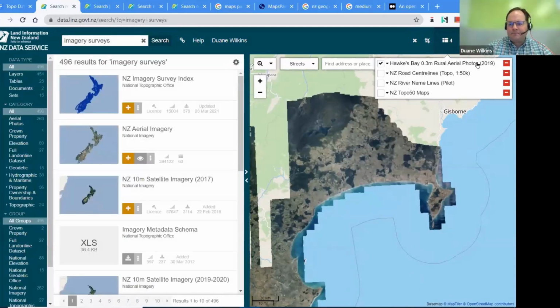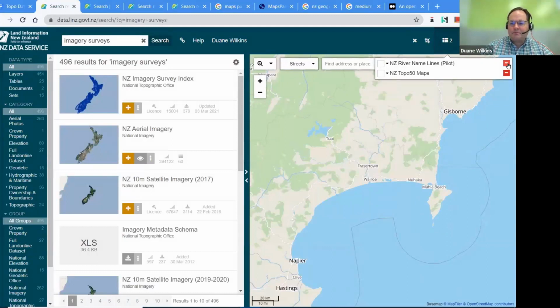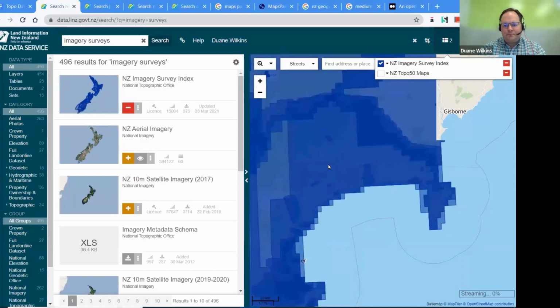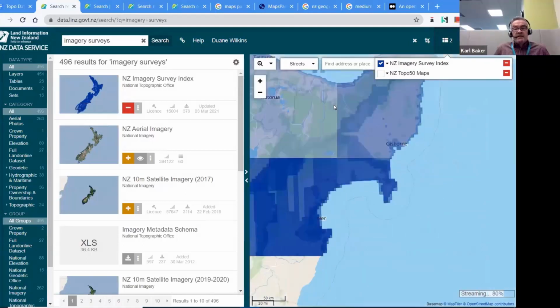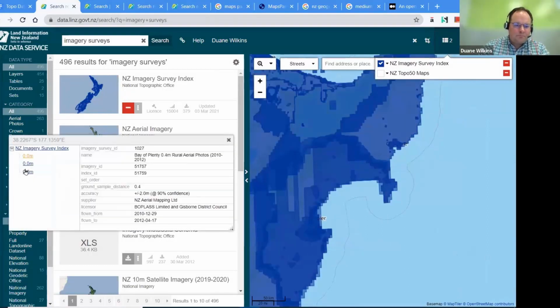There we go. Okay, so if you click that on. Just get rid of some of these. Cool, and then just click anywhere and you'll see. So this is the index of every bit of imagery that we have. And so when we're doing our Topo50 update,